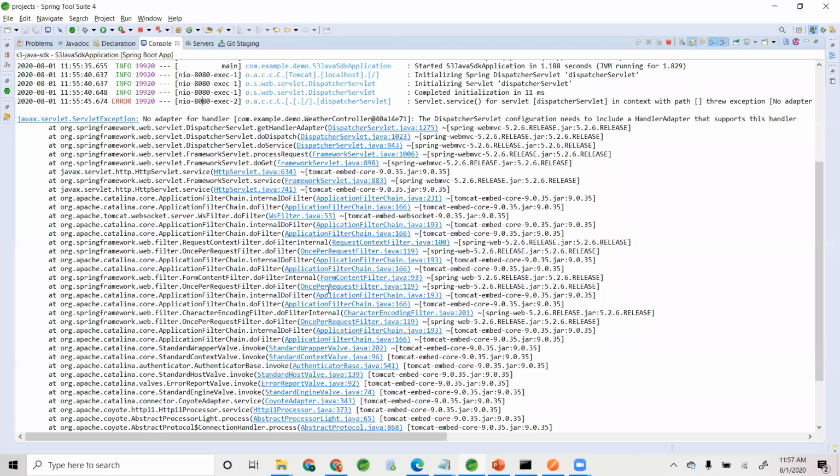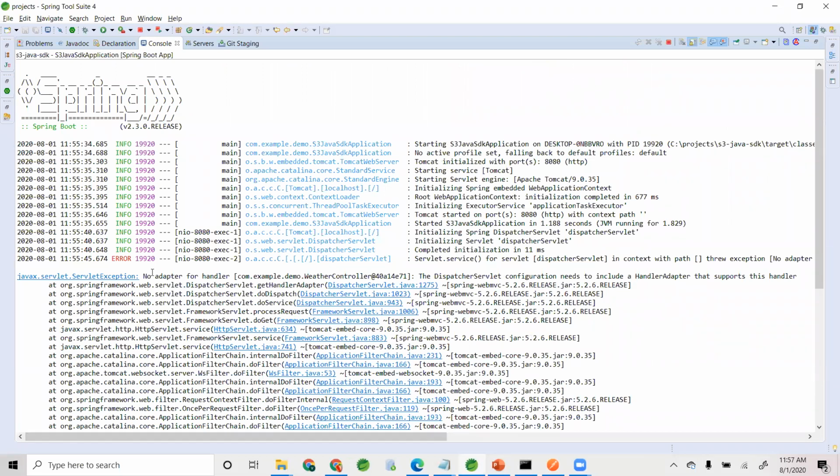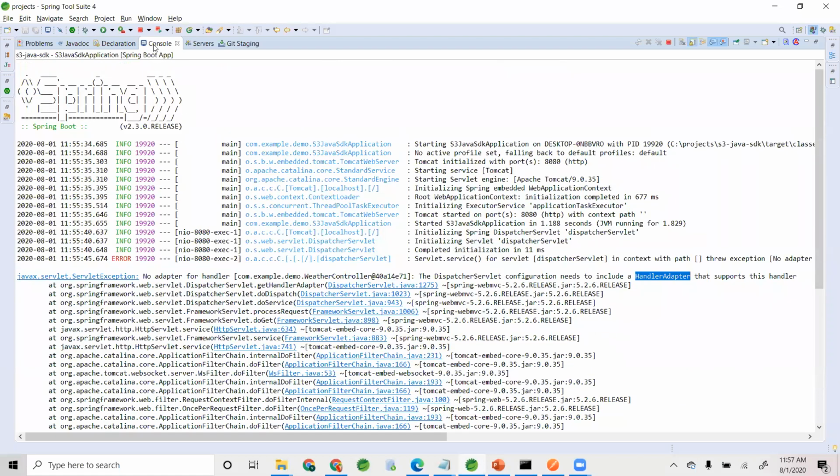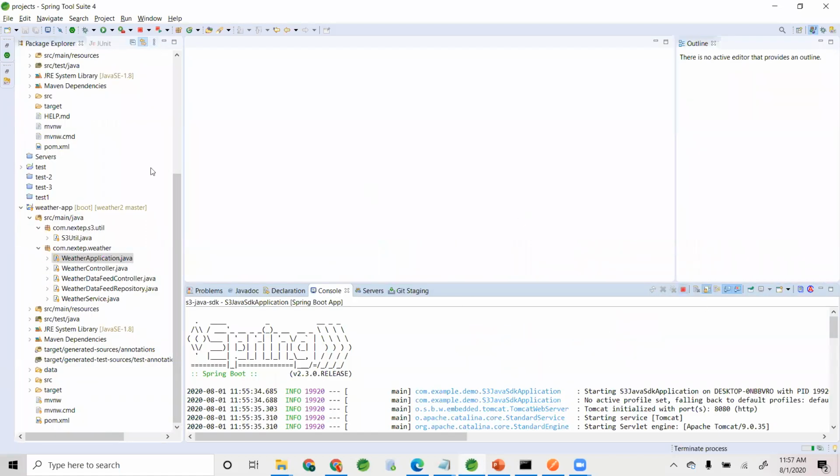Let's take a look at this. Server, no adapter for handler, weather controller. The dispatcher servlet configuration needs to include a handler adapter that supports this handler. Why is that?